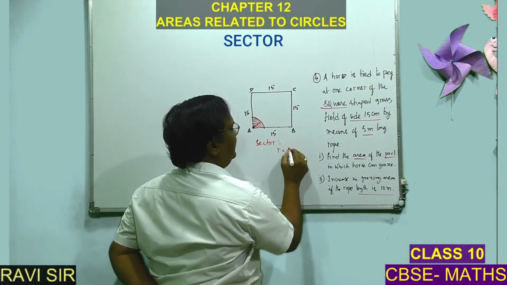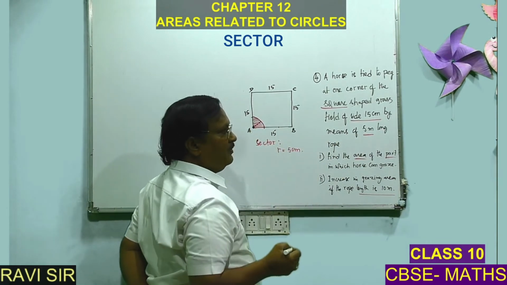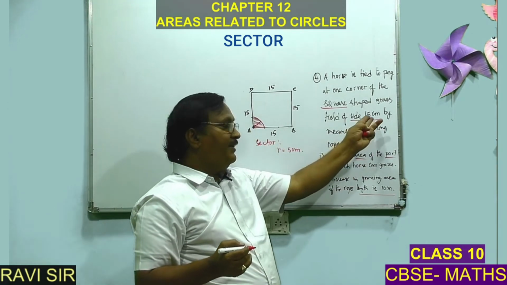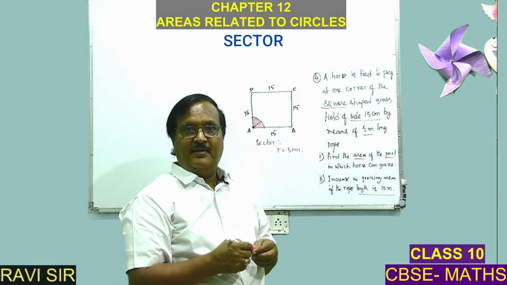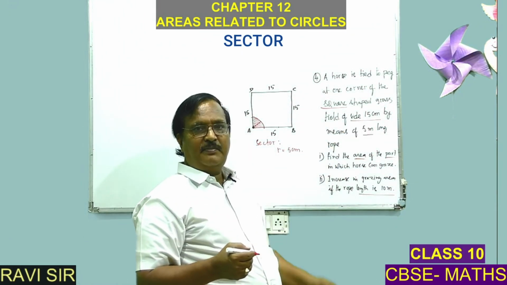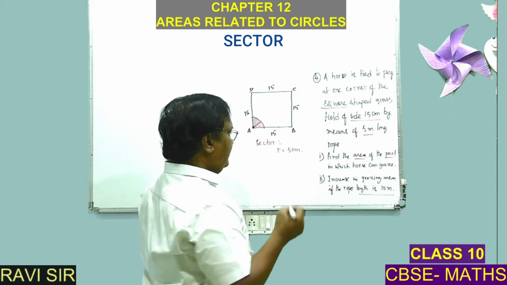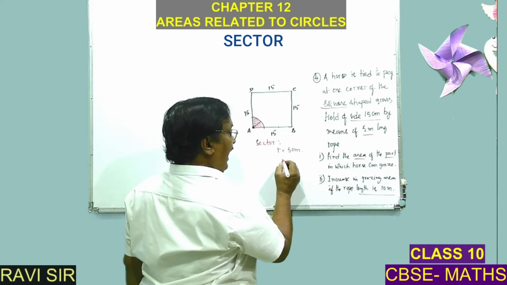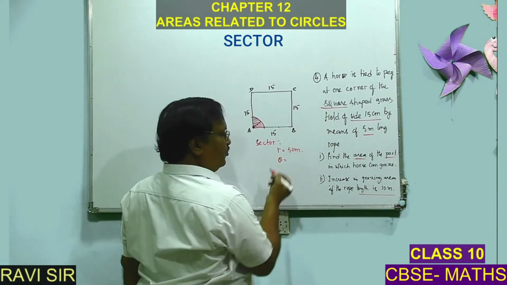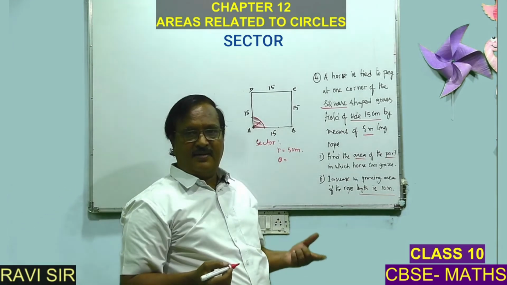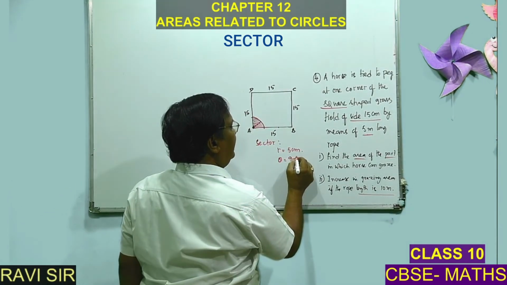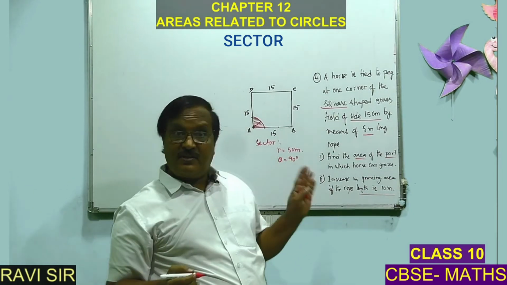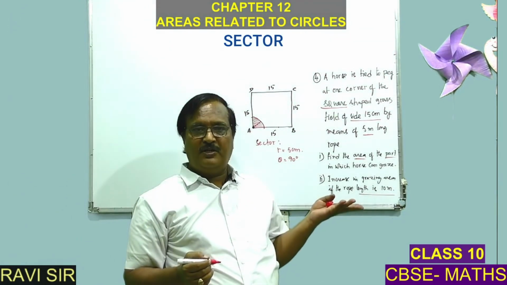5 meters. So here many people will have confusion, they may write 15 meters. If you don't read the question properly, you will write 15. So be careful. And then the angle, because a sector has two components, radius and angle. Because it is a square corner, the angle is 90 degrees. So now we have got both components of the sector.